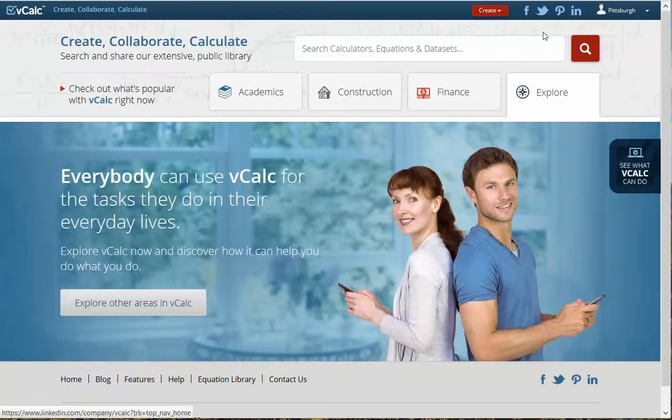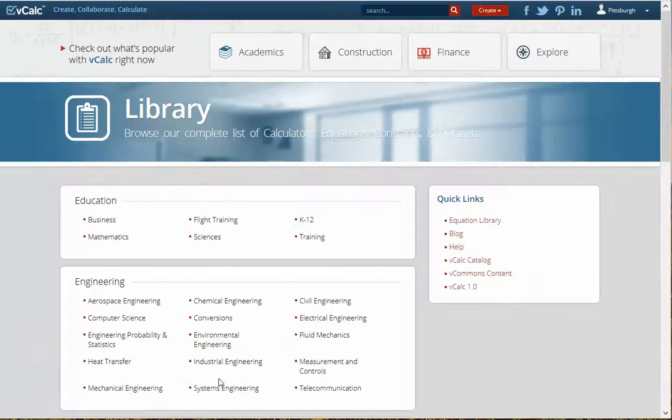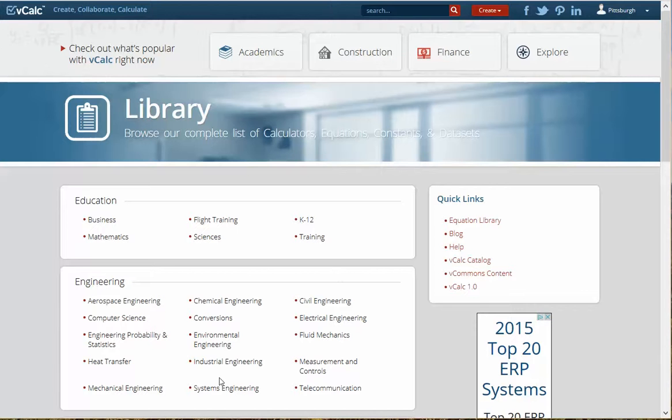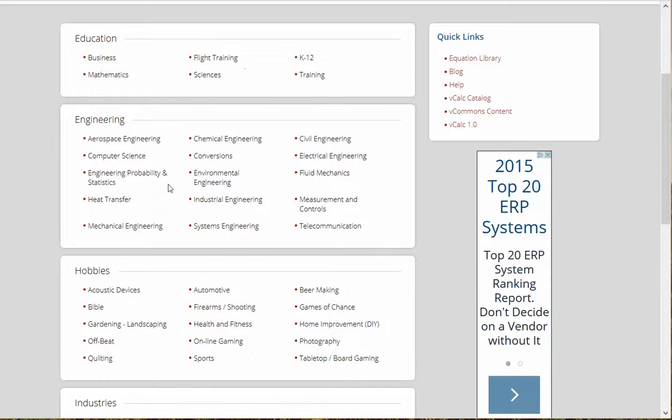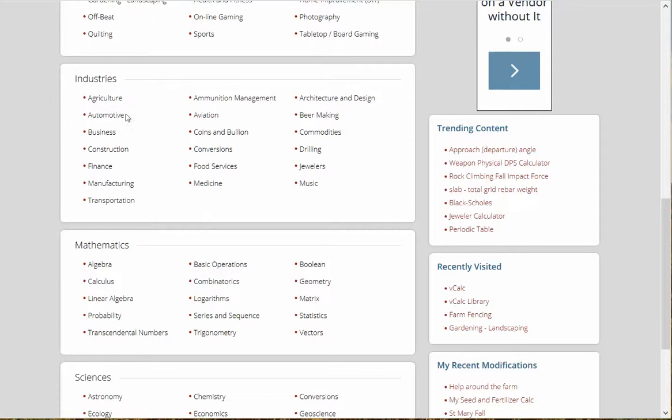I've already done that. So once you've done that, and the accounts are all free, then you can come down and go through the equation library and find a calculator that someone else has created that you want to duplicate to start to modify to be your own. We have hundreds of categories, and in each of these there are numerous calculators. So for today's example, I'm going to go down under agriculture